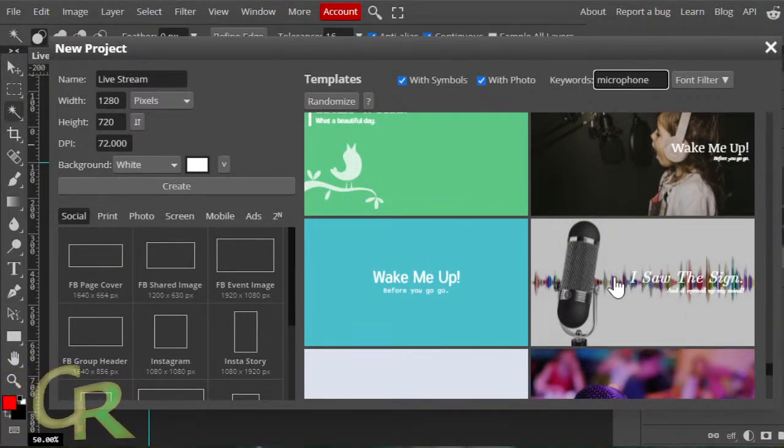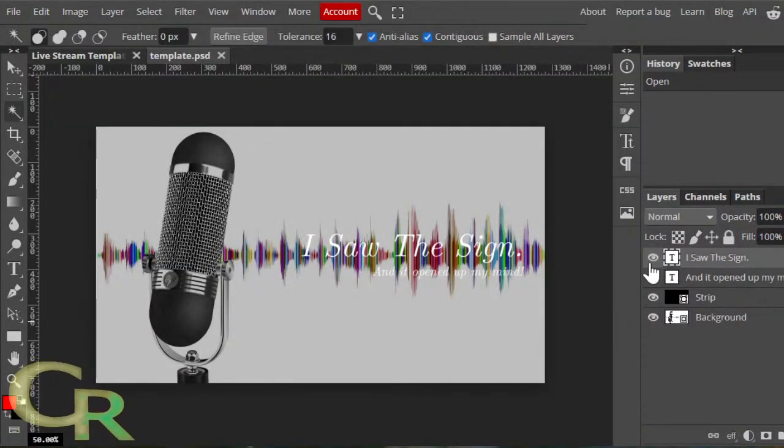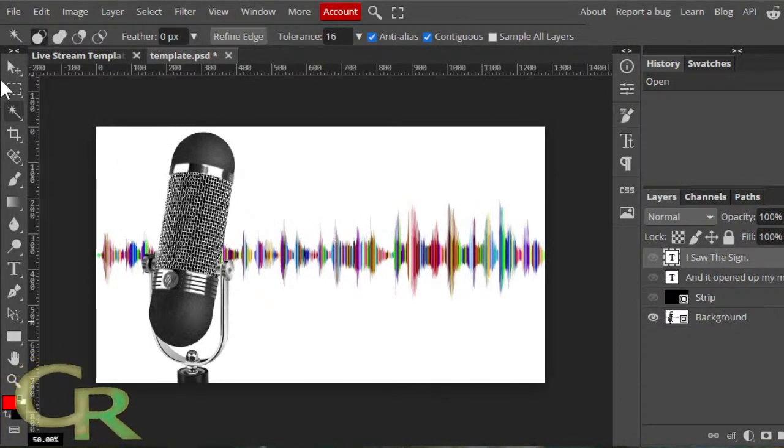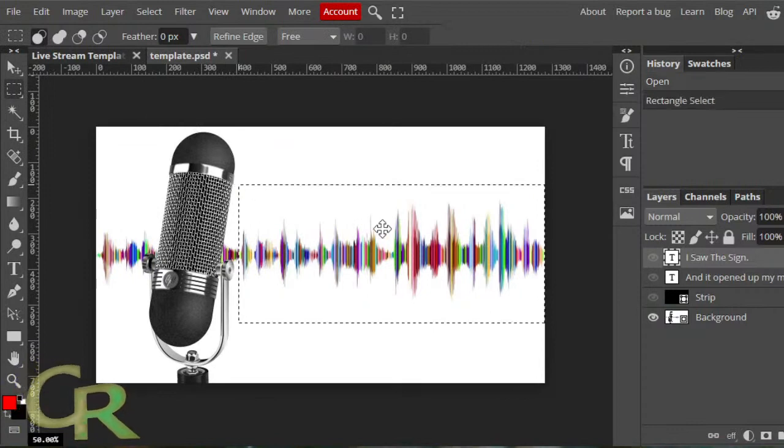Actually, I like that kind of wave file right there. I kind of like this one, so I'll open this one up. I'm kind of eyeballing this one right here on screen, just because I think that might work.